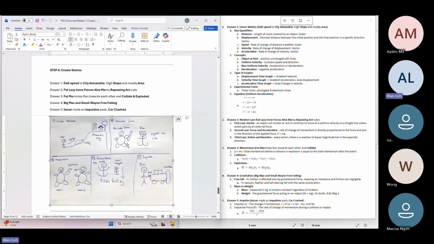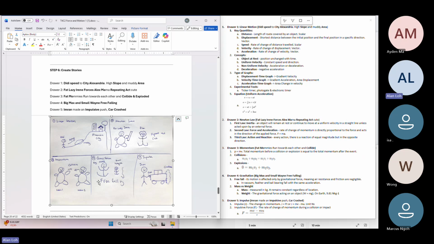So immediately you know it is related to inertia, related to mass, and related to the lazy. What is lazy? Yeah, it is always trying to remain constant, whether static or in constant movement, right? So immediately you'll be able to explain Newton's first law, right? What if they ask you, why is it important in designing a car to understand impulse and impulsive force? Then you can explain what is impulse, what is impulsive force, because Imran impulsively pushed the car and crashed,